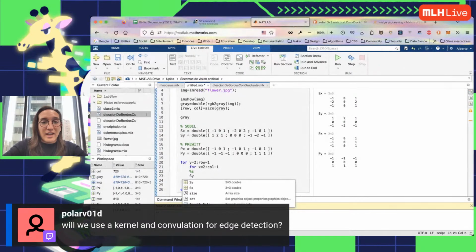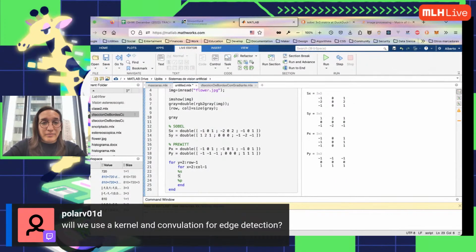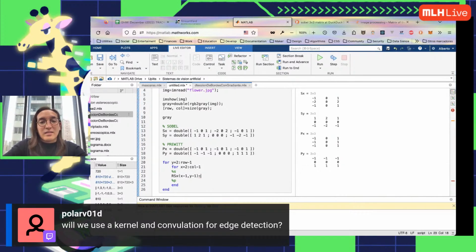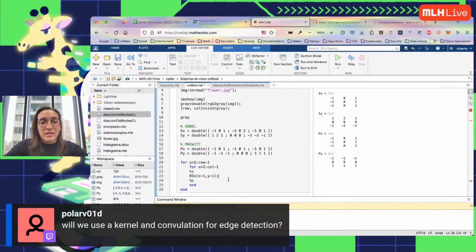Let's call it result Sobel in X, and we want it in the position of the columns x and the rows. But remember, here we are starting in the second position. We want this from the very beginning, so let's subtract one from this. And this is going to store the sum